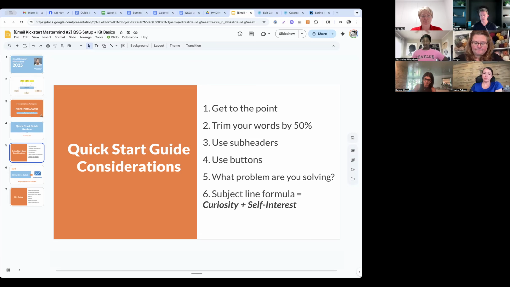But my favorite subject line formula, if you've got a sticky note, write it down today, put it on your monitor and use it for a while: curiosity plus self-interest. This was my pre-ChatGPT prompt that would help me. It still works great. And then if you want to give it as guidance to ChatGPT and ask, did I accomplish it? When you're considering a subject line, you might do that.